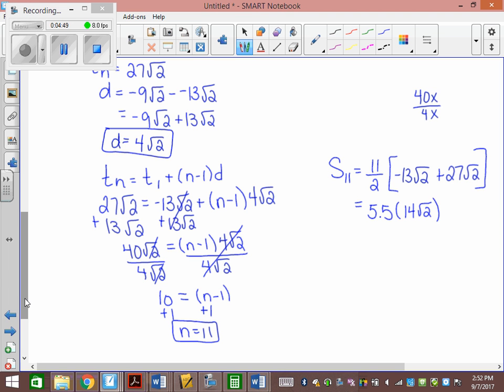Now, when you multiply radicals, you multiply the coefficients together and the radicals together. Well, there's only one radical. So my answer is going to be square root 2. And then I just multiply those coefficients. So what's 5.5 times 14? 77. Thank you. So the sum of the first 11 terms is 77 root 2,